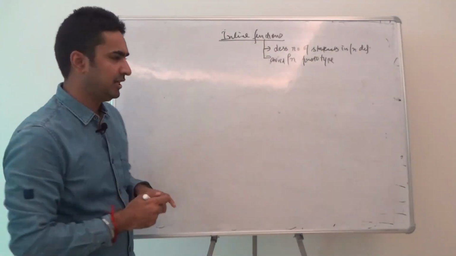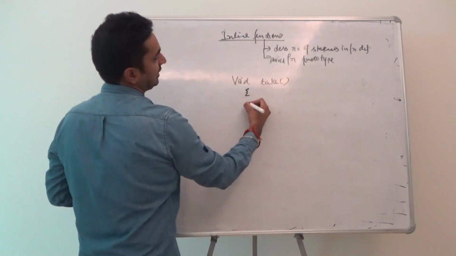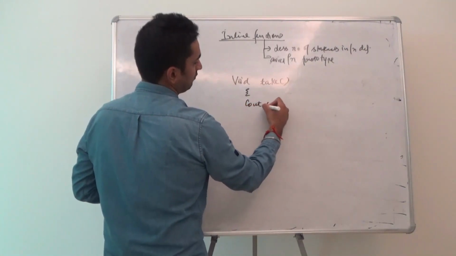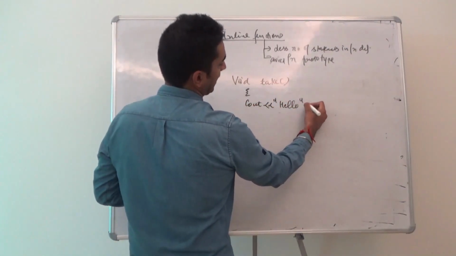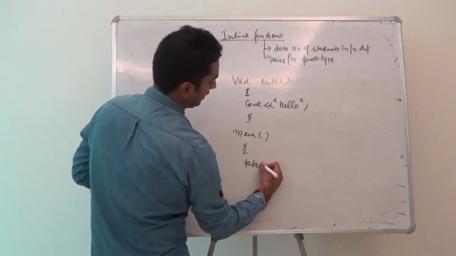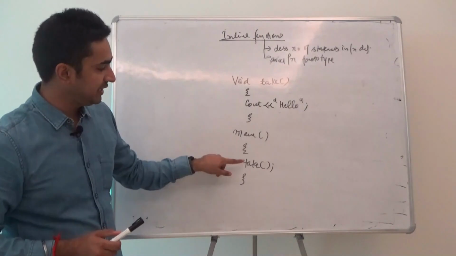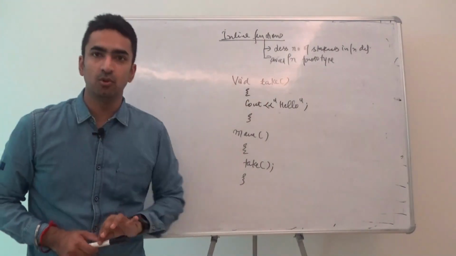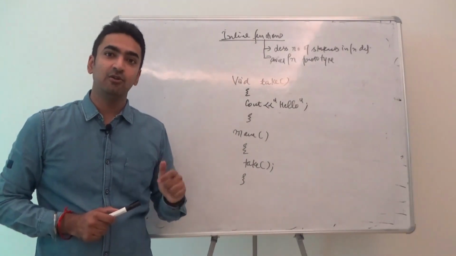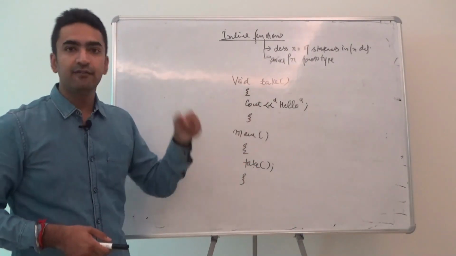So what you have to do is, I'm writing a function void take, and I'm writing cout hello. That is a statement that I have to display. In the main, I will write take over here. It's a very simple fact that if I execute this take, by default it will go over here and display hello. What if I have to display hello 50 times? Then 50 times I have to call this take function, and by default it will display hello.